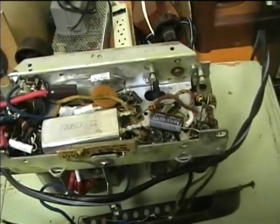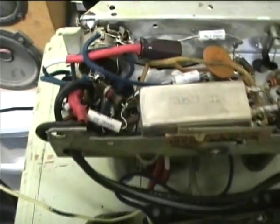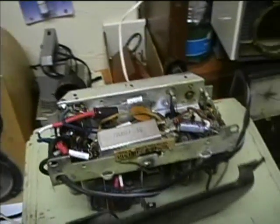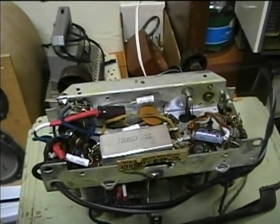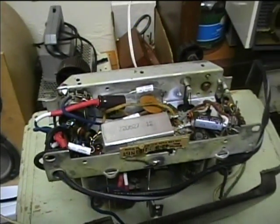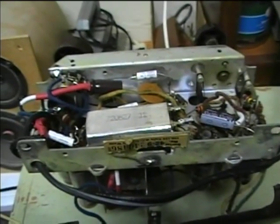Now I've got all the old capacitors replaced. Because this was kind of cramped, it was a little bit more difficult to do, but I was able to replace all of them. And I put on a new polarized power cord. This radio has the power line ground connected directly to the chassis. And usually these radios with no power transformer and a metal chassis will use an isolation capacitor between an isolated ground bus and the chassis, or they'll have it inside of a